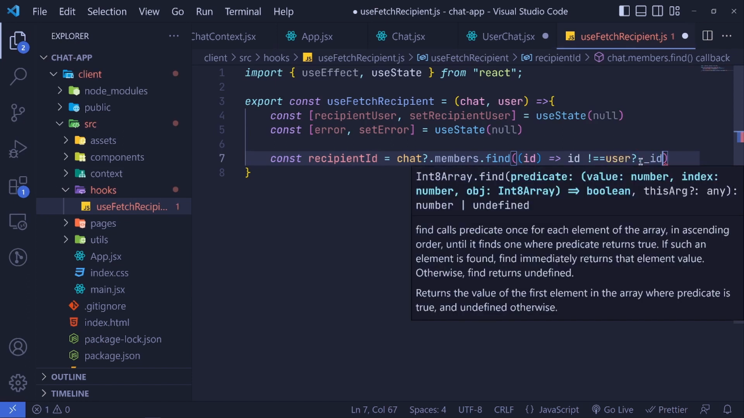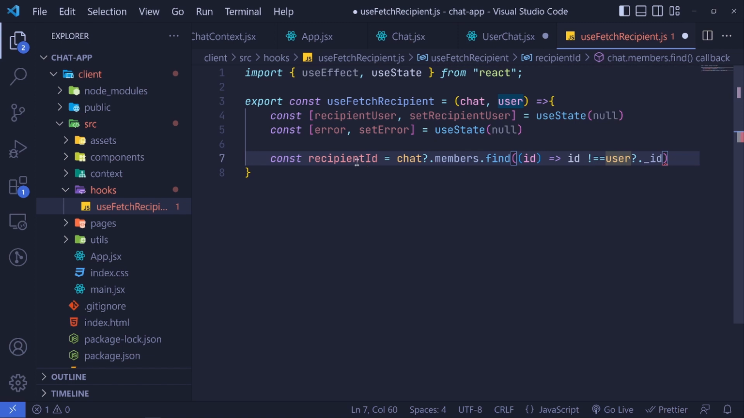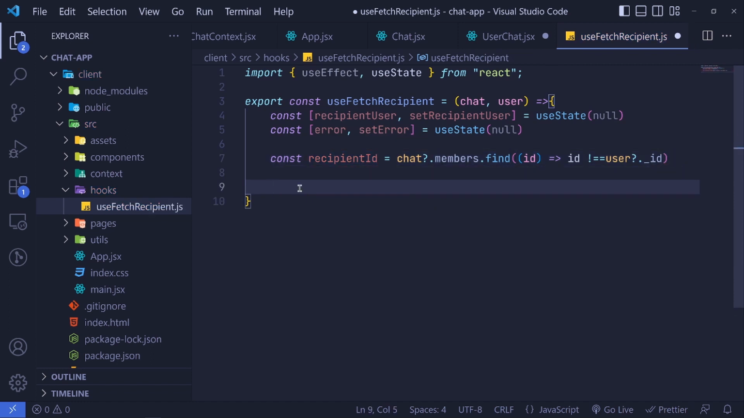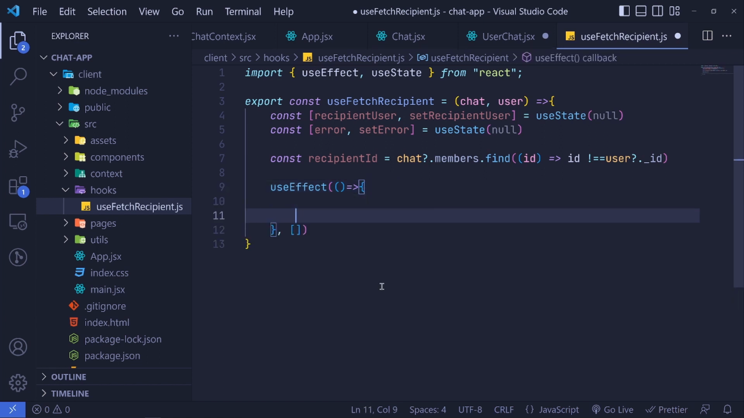So that means that it's the other user ID. So now we use this ID to get these user details from the database. So right here we can make use of the useEffect hook. I invoke it just like this. Right here we'll be having an array of dependencies, and we can say const getUser